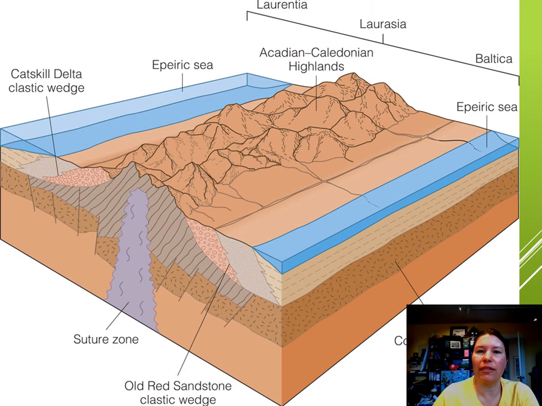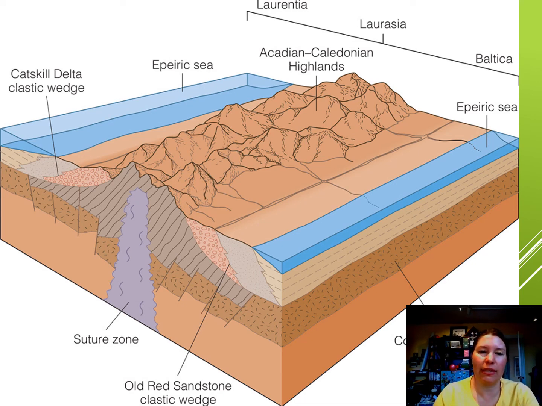Okay, so this is what's going on in the Acadian and the Caledonian orogeny. The Acadian orogeny is what we generally tend to call it as we're talking about the Appalachians. The Caledonian Highlands, though, are going to be the part of this that breaks off and becomes the Highlands of Scotland and the majority of Scotland. So it's going to move away quite a bit. So this is a block diagram showing the area of collision between Laurentia and Baltica. So that happened previously as Laurasia is being built together.